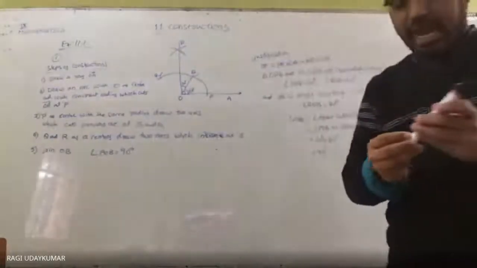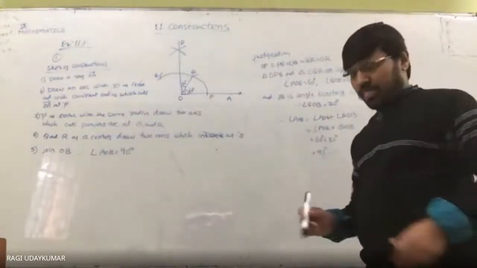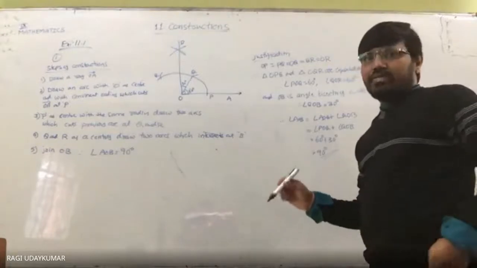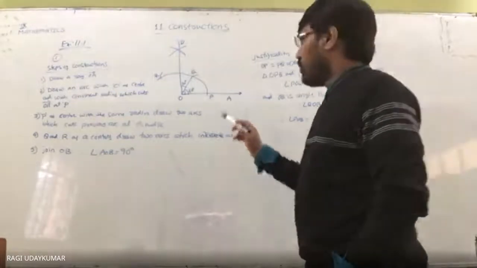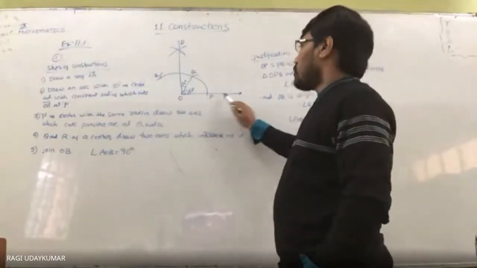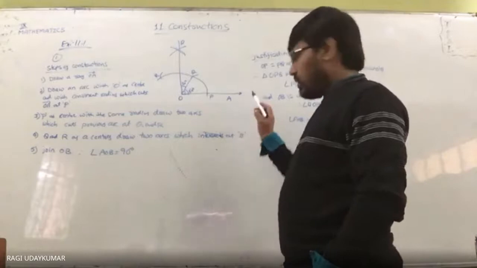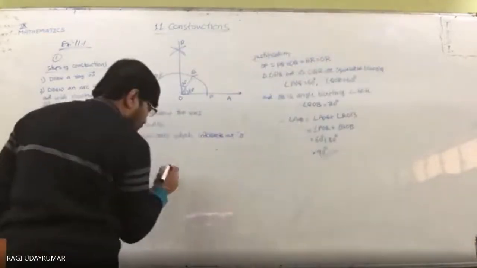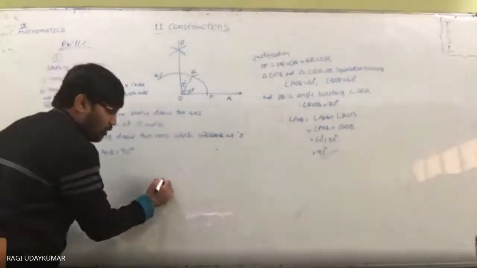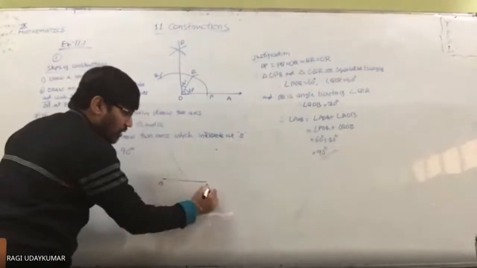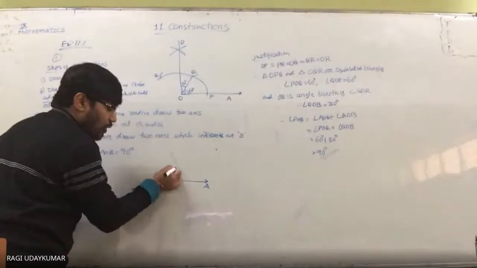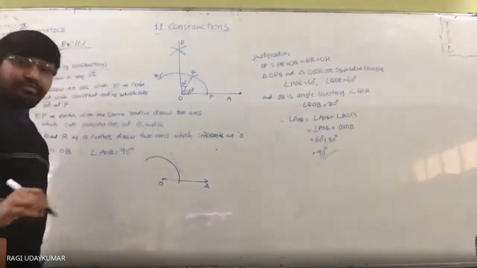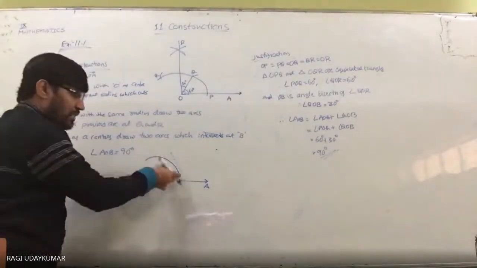See here, 90 degrees you want to draw. Initial point of the ray. एक initial point of the ray पे 90 degrees draw करना है. So 90 degrees draw करना है तो first OA draw करेंगे. Okay. What you need to do? Here I am writing again. O to A, one ray draw करना. And if you O as a center, one arc you have to draw using the compass. Compass ले लो, compass से एक arc draw करो.